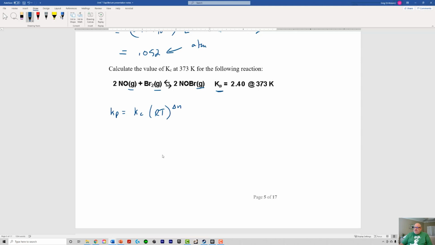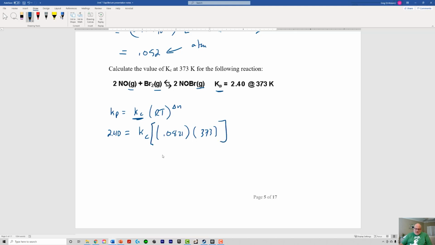Now, the only difference is that we're solving for this. That means they must give us all the rest of the variables. And although I like rearranging in advance, couldn't we just do this and plug in numbers here? Couldn't we put a 2.40 right here? Couldn't we leave our Kc as the variable we're solving for? And then for our R, couldn't we go 0.0821? I am not going to put the units in this time, sorry. Times 373. All of that, by the way, would be raised